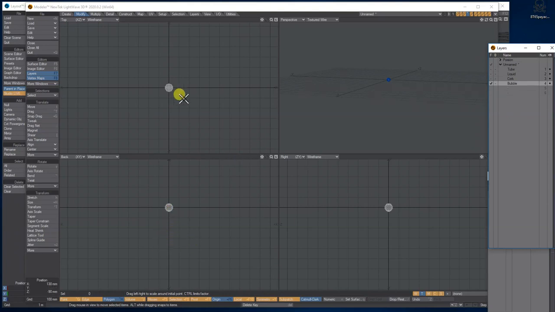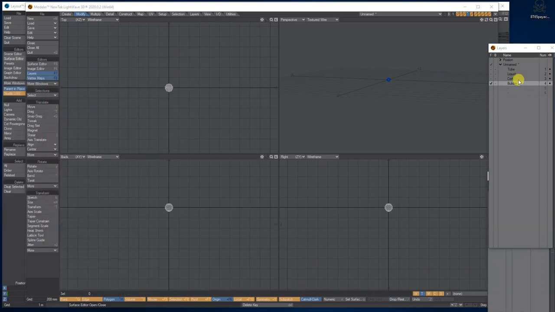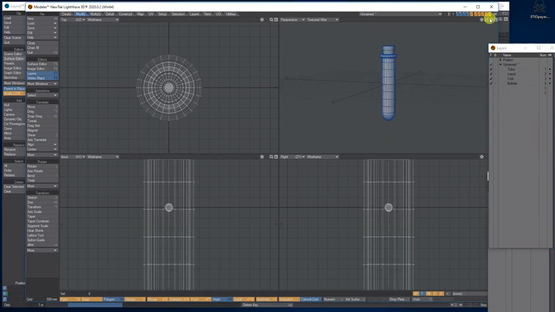What I did is I copied and cloned it all in here and just did 3 or 4 or 5 little bubbles wobbling around here and just left it inside for this. So that's just one bubble, but you can do the same thing in layout. I just wanted to show you what I did, a bubble like that. So literally that is it for the modelling of your test tube.